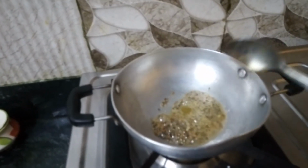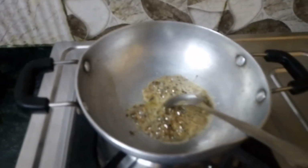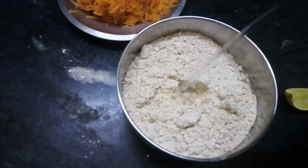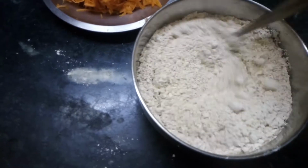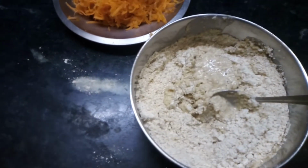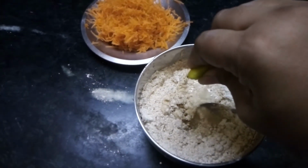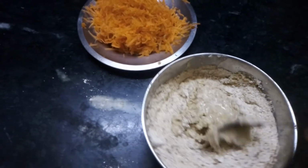Now let's make a batter, oats batter. Now add water in this oats powder and make a fine batter. Lemon juice, I am adding lemon juice. You can add dahi also, or lemon juice. So make a fine batter